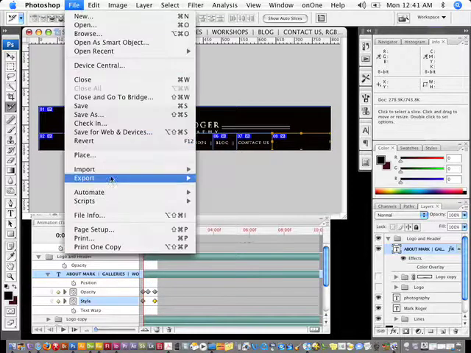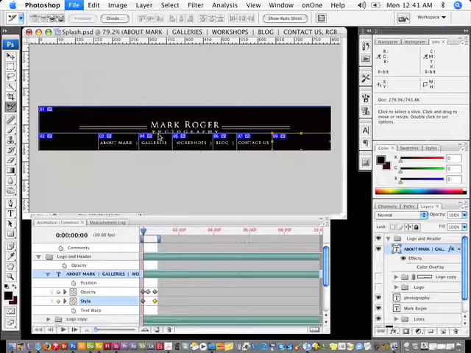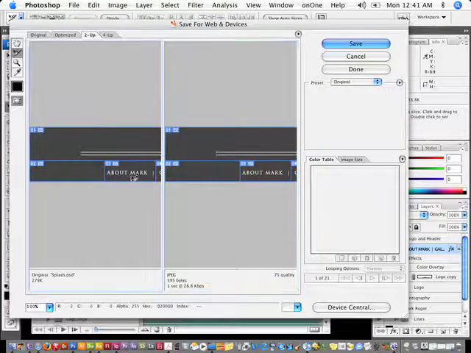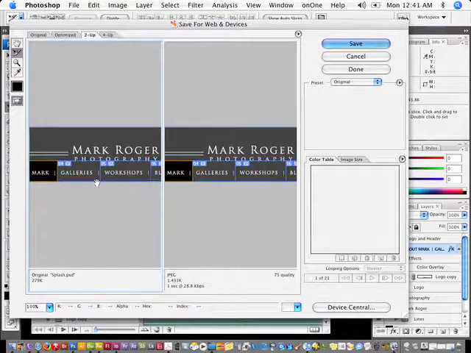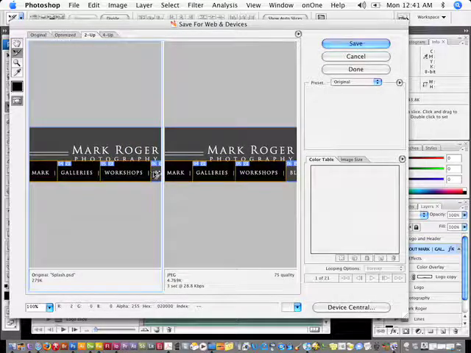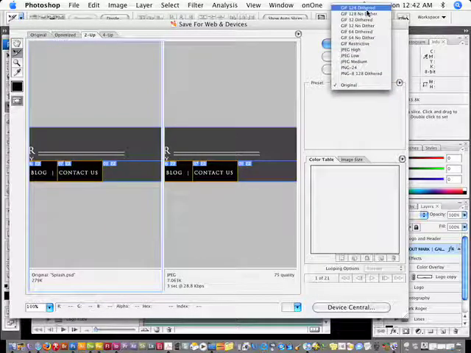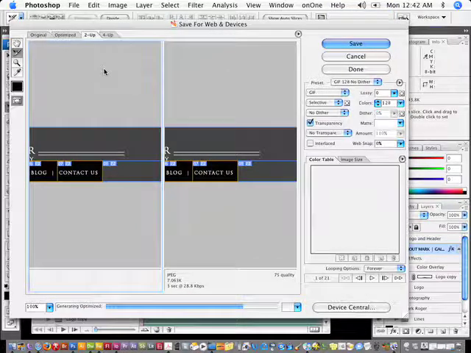Now what we can do is click on File, Save for Web and Devices, and what I'm going to do now is save these graphics. So I'm going to come over here, highlight this, use the spacebar to get my move tool, and let it go. I'm going to hold the Shift key and single click on all of these guys here. I'll let go of the Shift, hit the spacebar for the move tool, and now I'll shift click the last one. These are the guys that I want. And I'm going to set the preset to, let's say, something like 128 GIF no dither. So it's this section that I want here.